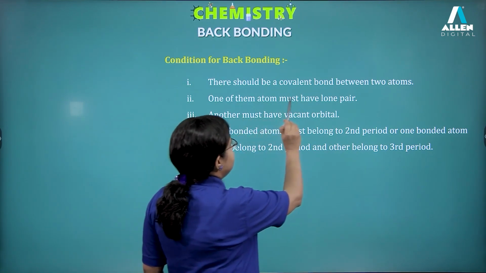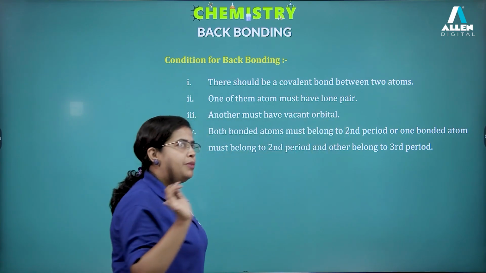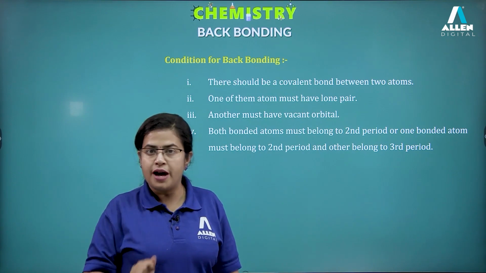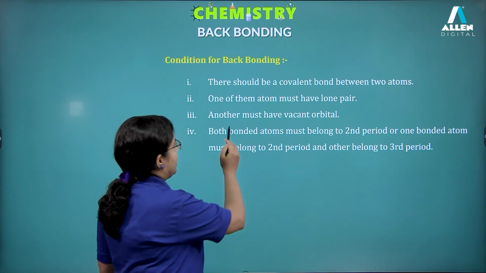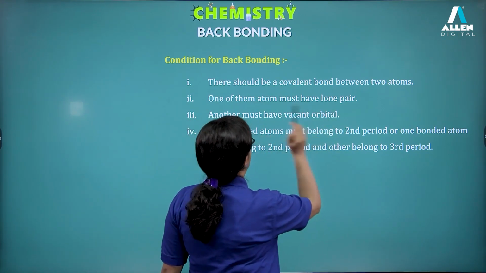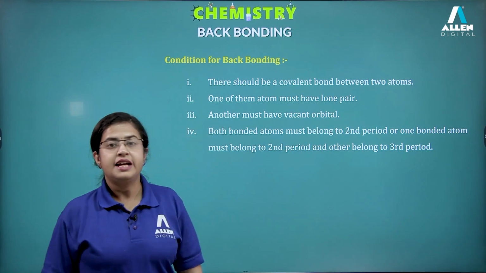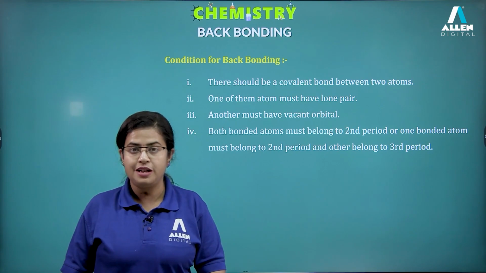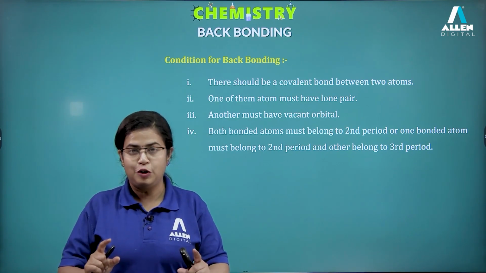One of the atoms must have a lone pair. Think of BF3, think of fluorine already having a lone pair in its p orbital. Think of boron having a vacant orbital. And it's very good if both the atoms belong to the second period, so that their p orbital overlap could